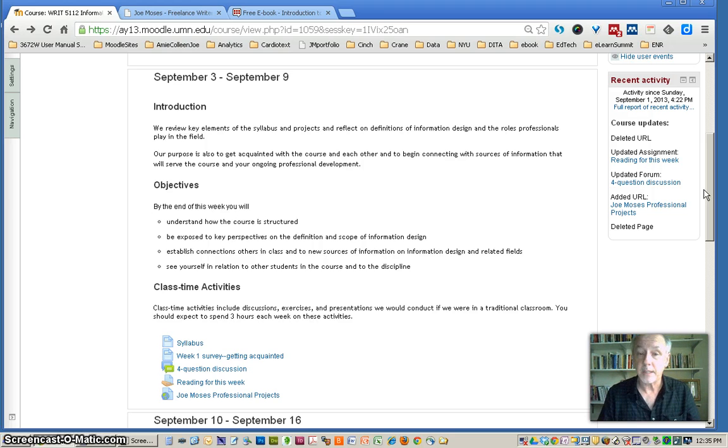There'll be several readings that I'll assign. And each of them gives you a slightly different perspective on the definition of what, or the scope of what information design is. In general, we have two conceptions of information design. One is a process and one is a product. The process of information design is one of very strategically thinking about who our audiences are, what our purpose is, how are users going to interface with the content that you're developing, and